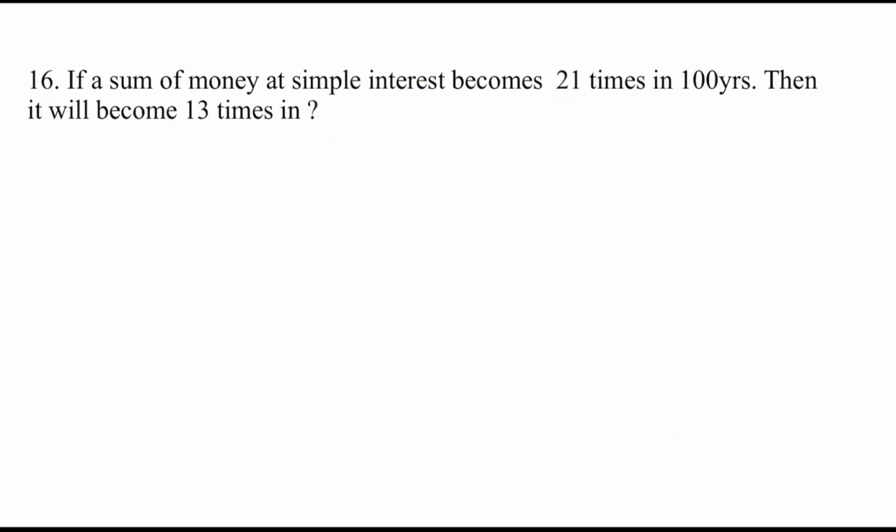Next problem. If a sum of money at simple interest becomes 21 times in 100 years, then it will become 13 times in how many years? There is a sum of money, we don't know. That principal becomes 21 times, 21p, in 100 years. And 13p it will become in how many years is asked. So we know that